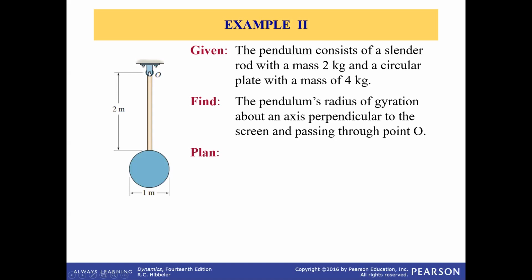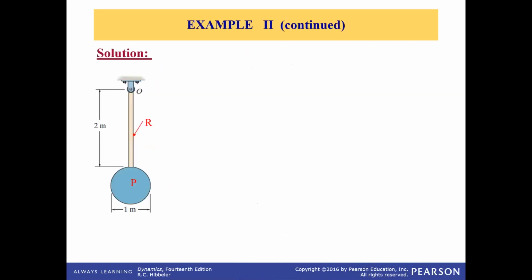All right, so you're looking for the radius of gyration. That means first you want to find the moment of inertia with respect to the axis of rotation. Okay, so there's an axis of rotation going through O here. Now you have a system that consists of 2 parts, a rod and then the disc. So you can calculate the moment of inertia for the rod with respect to an axis going through O, and then calculate the moment of inertia for the disk about the axis. Then you can add them up.